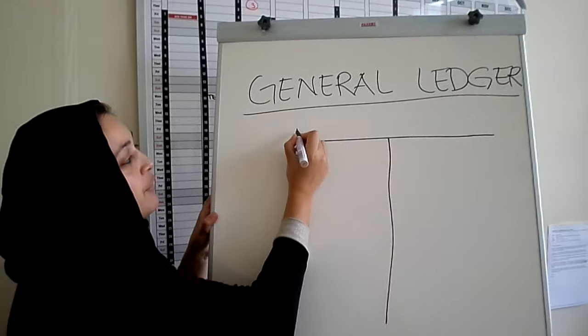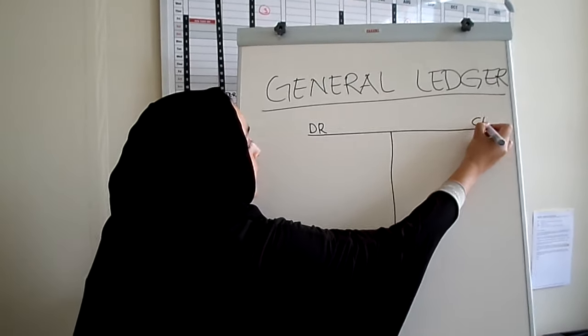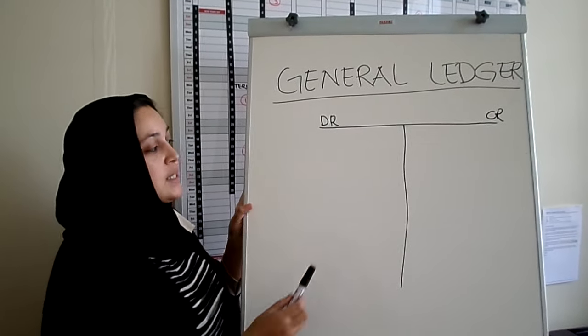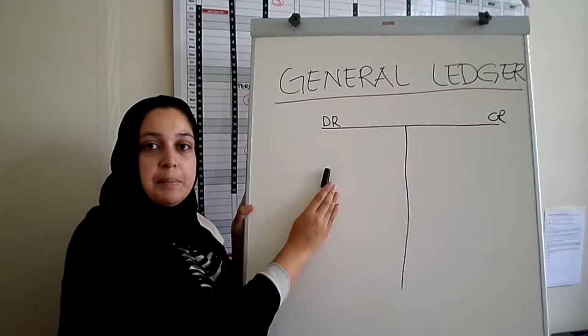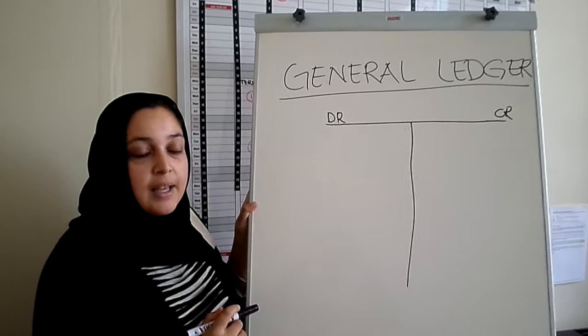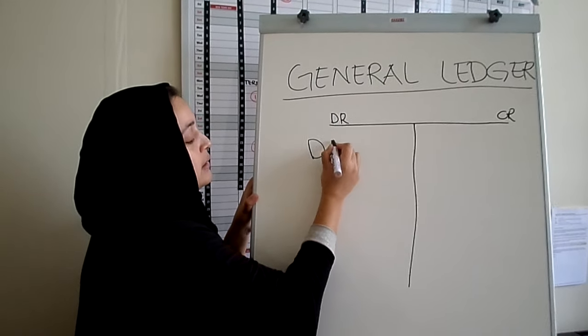The left side of an account is the debit side. The right side of the account is the credit side. What you need to know is which accounts increase on the debit side and which accounts increase on the credit side. An easy way to remember that would be to remember DEAD,